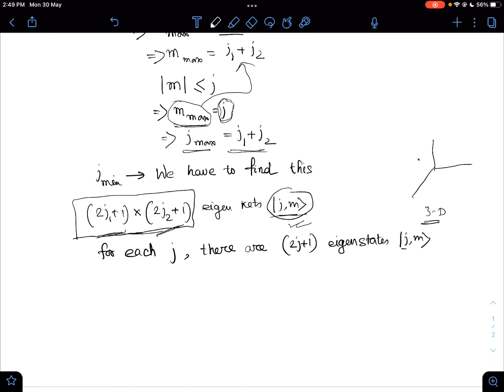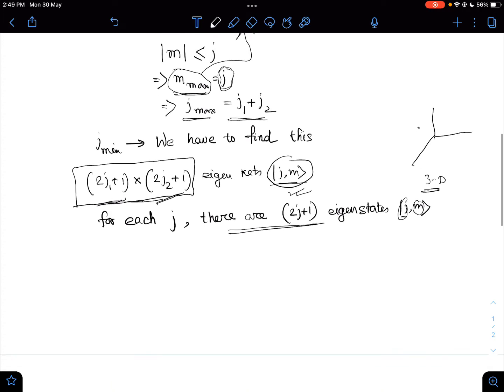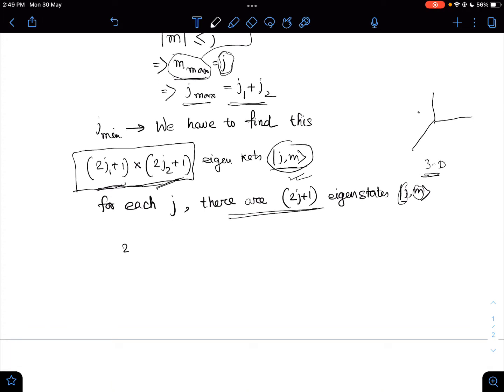Because for each J, M value can run from minus J to plus J. So for each J, we have 2J plus 1 M values. So that is why there are 2J plus 1 eigenstates of this. So we can easily write that 2J plus 1, this value is for one J, and what can be the different J values? J can run from J minimum to J maximum. So this many eigenkets are possible for this state,